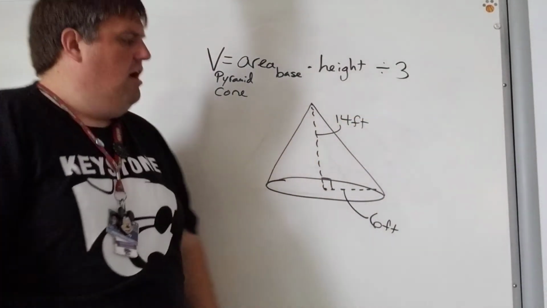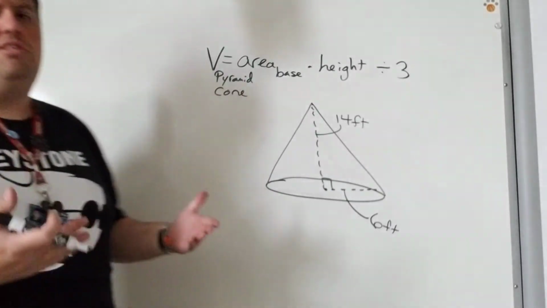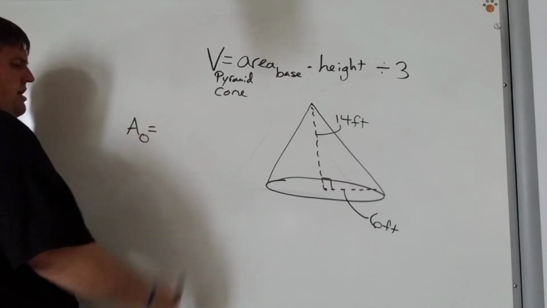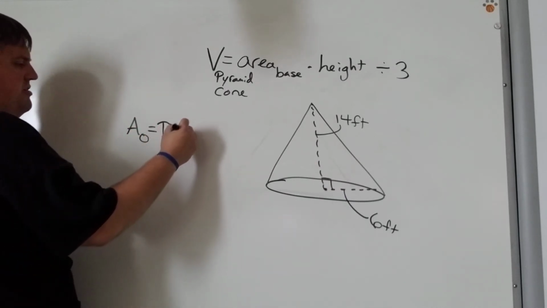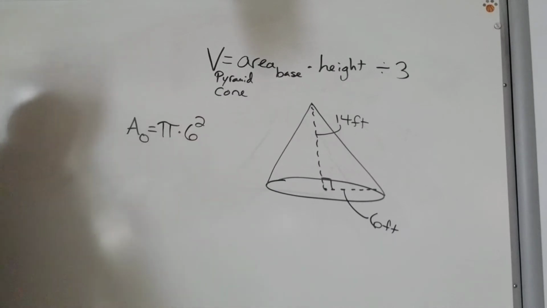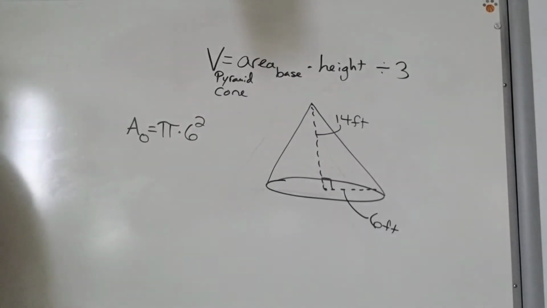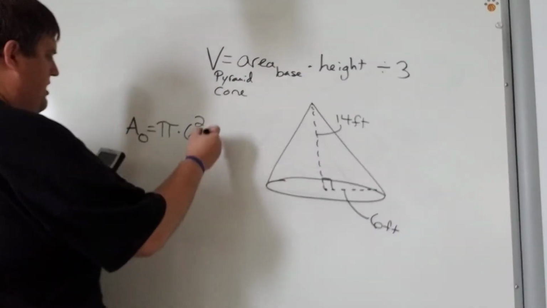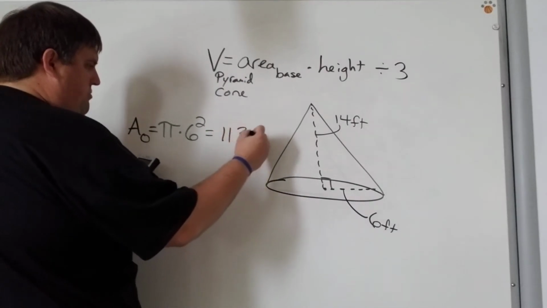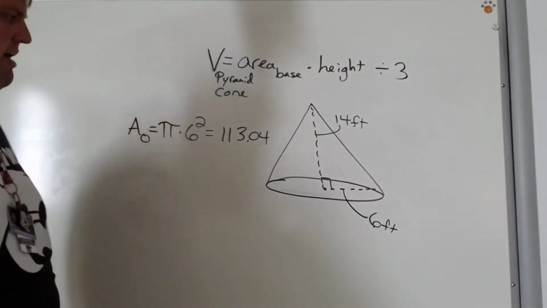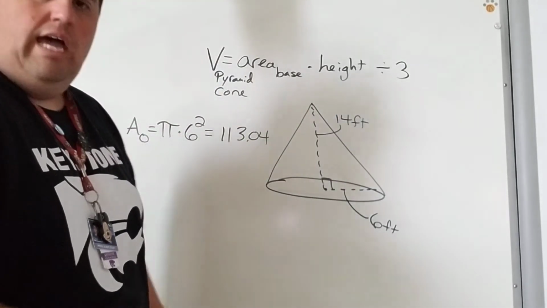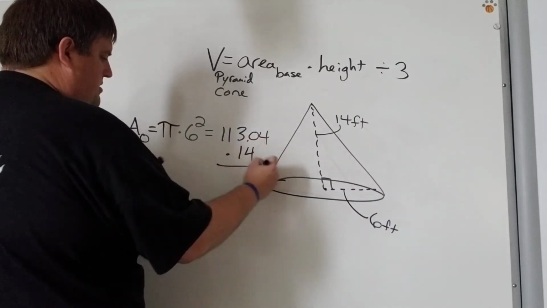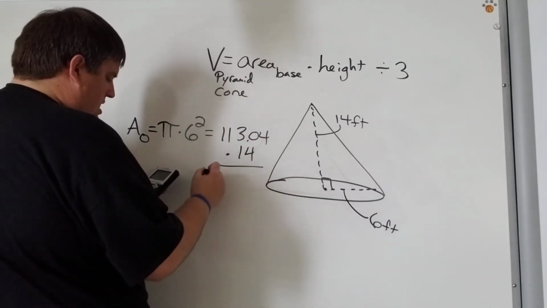All right. Our volume is going to be the same idea. We always start the same way. So area of the base, in this case, that is a circle. So area of the circle, we learned last week, is pi r squared. Plug our radius of 6 in there. So 6 times 6 times pi is going to give you 113.04. That's the area of my base. Times that by the height, which in this case is 14. And I get